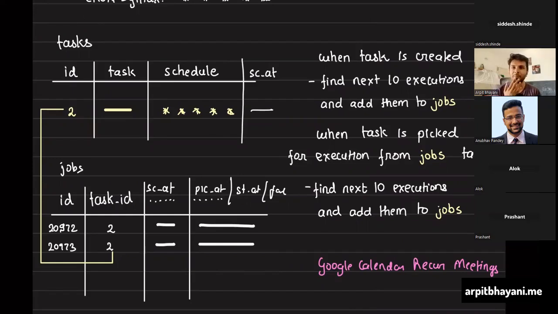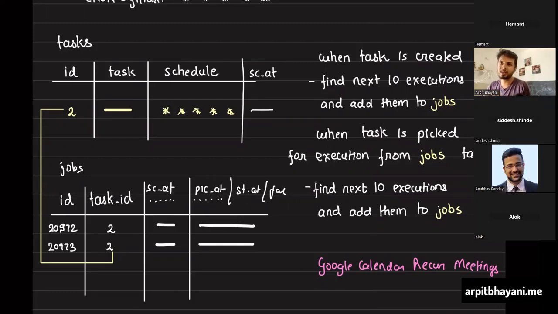Let's think about it. Anyone has any pointers to that? Like, why should it be more than 10 apart from just adding it as a buffer? Maybe that just in case sort of reason. Okay, so let me just draft a problem statement once again. In case of recurring task, what we said is that whenever a picker picks up a recurring task, we will create n more entries out of it. Now I proposed 10. Shreya, I think it was Shreya who said, why not 1? Why not each time it picks up and just creates one next task to be scheduled? It schedules one next task to be executed at a fixed time, right? And I said 10 just for the sake of buffer.